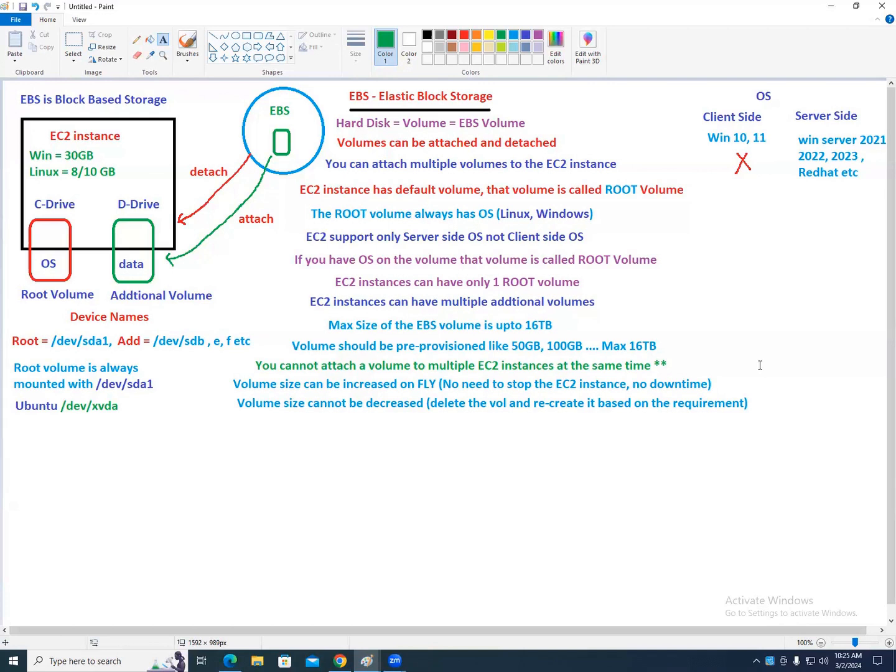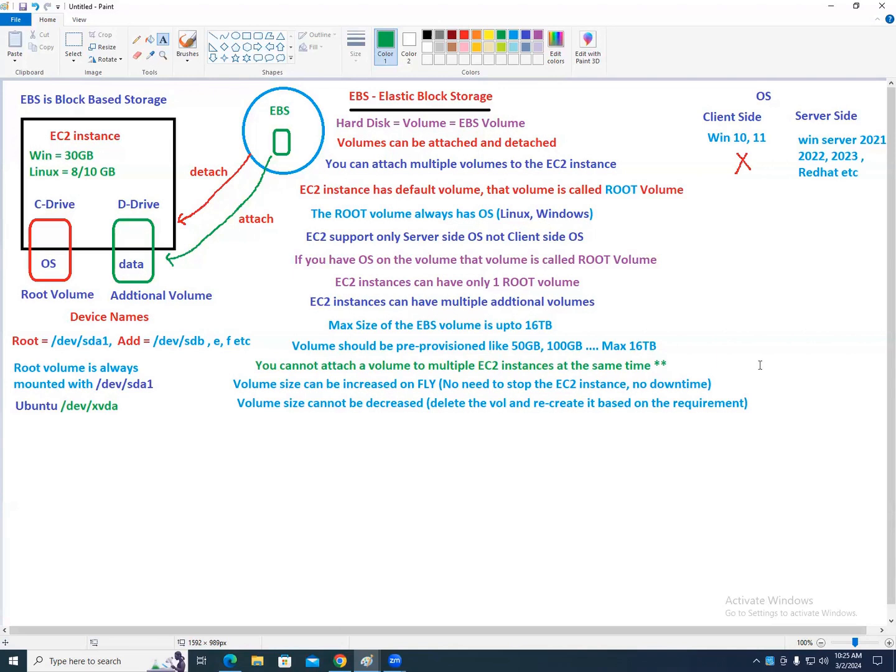Stop first. Terminate meaning fasak, right? What you need to do? Stop the EC2 instance and then detach the root volume. Is it possible to take out the heart while the person is alive? No. So you need to give anesthesia and then do the operation. So here also, if you want to detach the root volume, first you need to stop the machine.